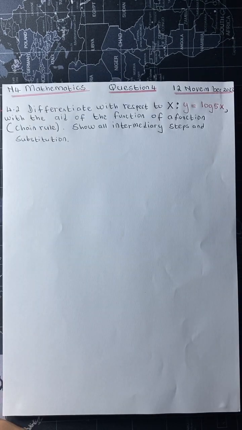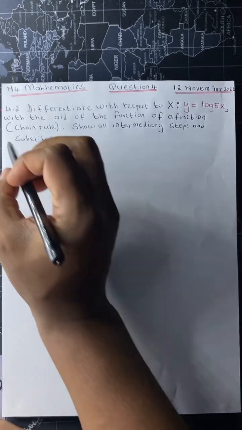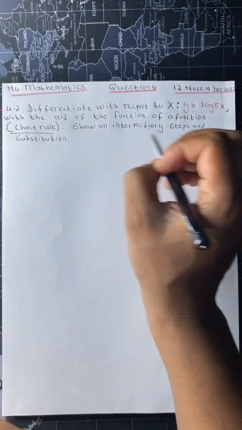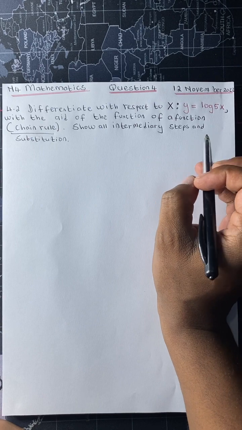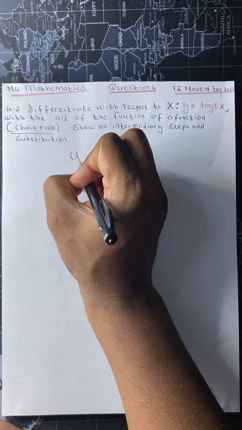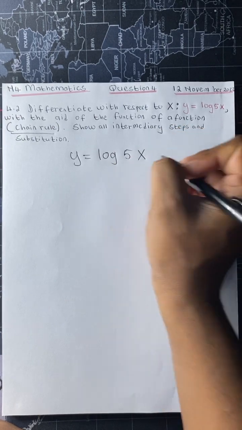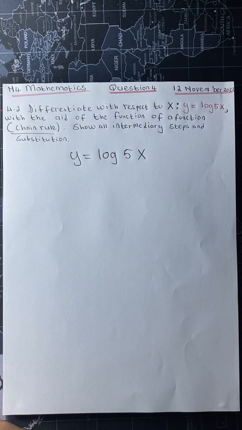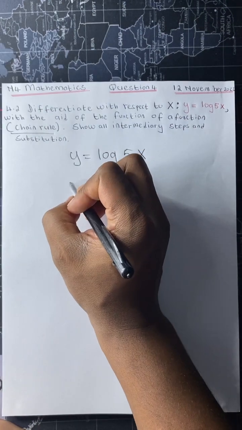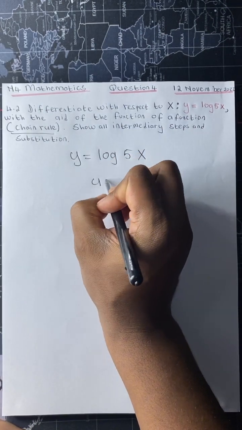Question 4.2, we have to differentiate with respect to x. y is equal to log 5x with the aid of the function of a function, also known as the chain rule. And we have to show all intermediary steps and substitution. So we have y is equal to log of 5x, and the instruction is for us to use the function of a function, or the chain rule. So what they want is for us to say let u equal to